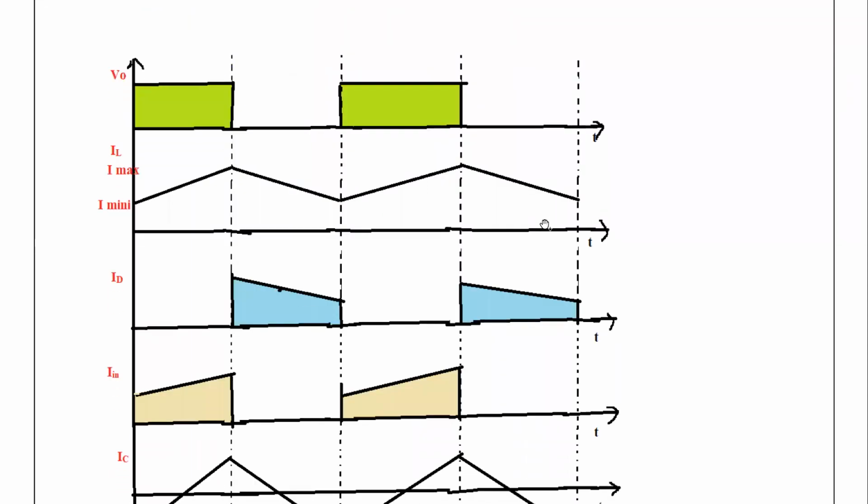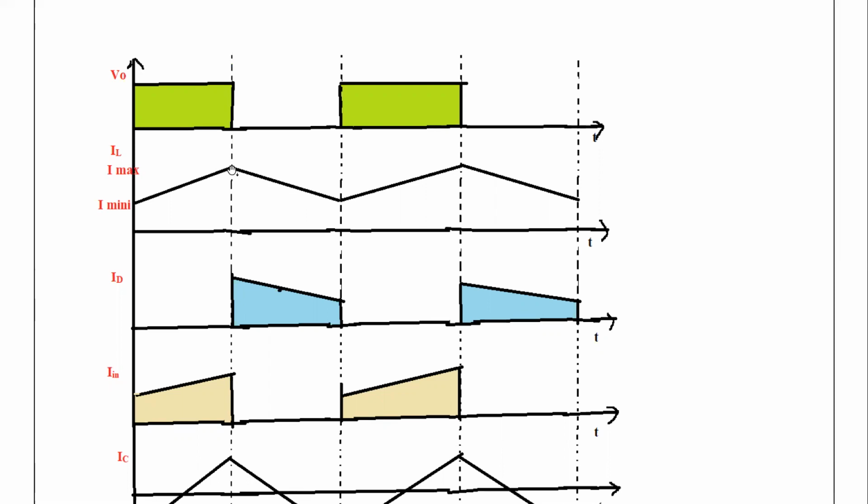And these are the waveforms for the buck converter. This is during turn on time, and this is during turn off time; the voltage we know. The inductor current starts from the minimum value and rises to the maximum value. This is called charging of the inductor. During turn on time, when the switch S is closed, the inductor is charging. Then the charged current will be discharged through the load and capacitor.